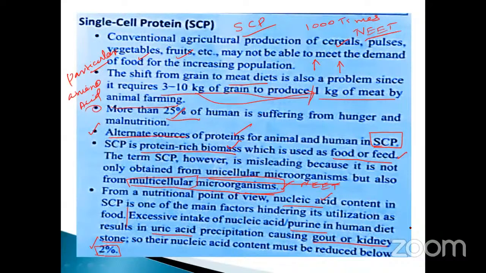So what happened? The protein molecule converted to purine component. That is very, very important. The nucleic acid, particularly purine. What are the purines? They are adenine and also guanine. These are the two components essential for the production of uric acid. It is deposited in the kidney or as gout. It will lead to some difficulties.